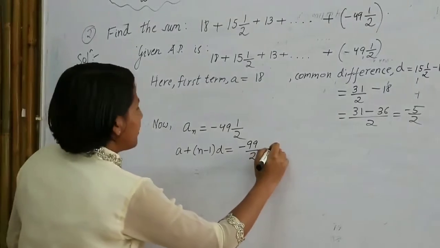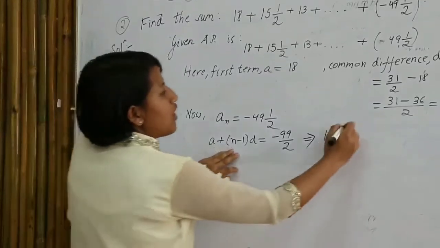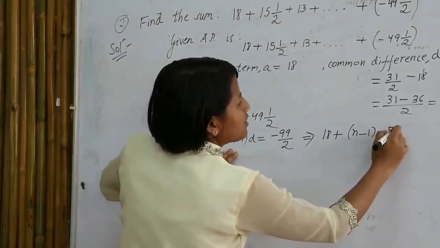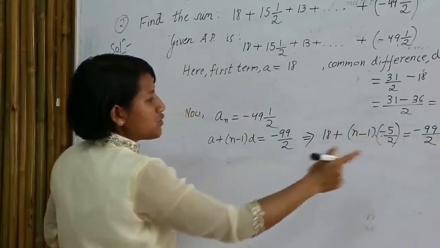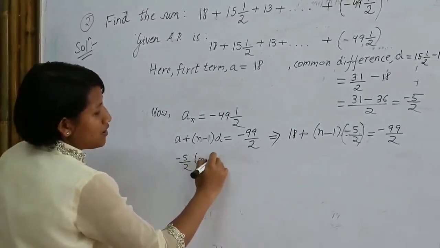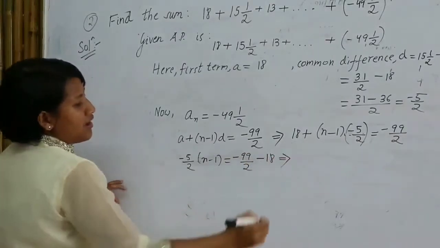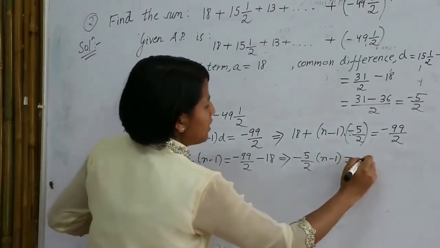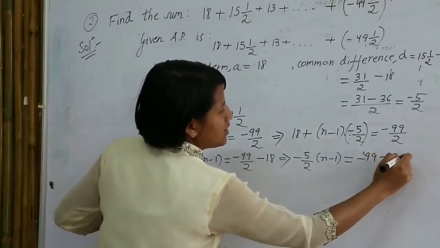Okay, then substitute this, this is 18. Then we have to find N, and then substitute D, it is minus 5 by 2, and then minus 99 by 2. You carry this to the other side, so plus into minus will be minus, so N minus 1, minus 99 by 2, this will be minus 18, then minus 5 by 2, N minus 1, this will be minus 99, 36 by 2,